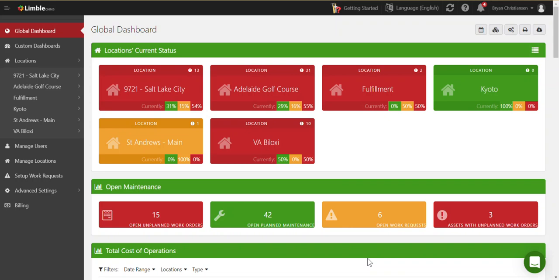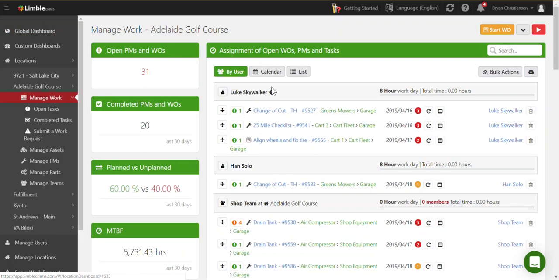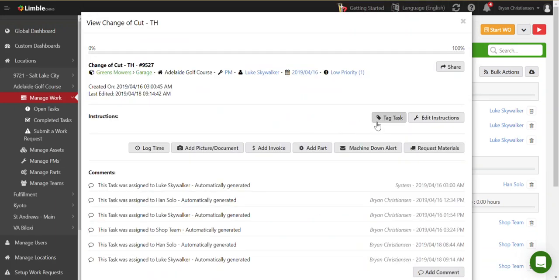This is a short video to show you how custom tags work in Limbo. The very first thing we're going to do is create a custom tag, or add one to a task. So all we need to do is open up any task, and when I do that, there's an option to